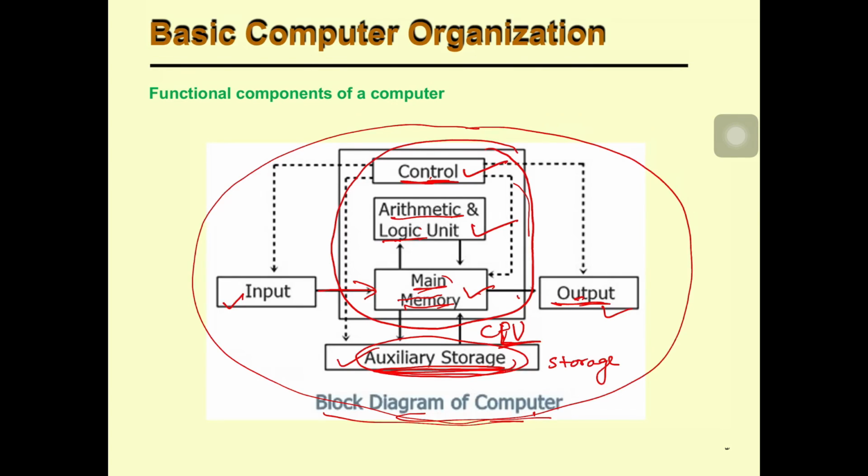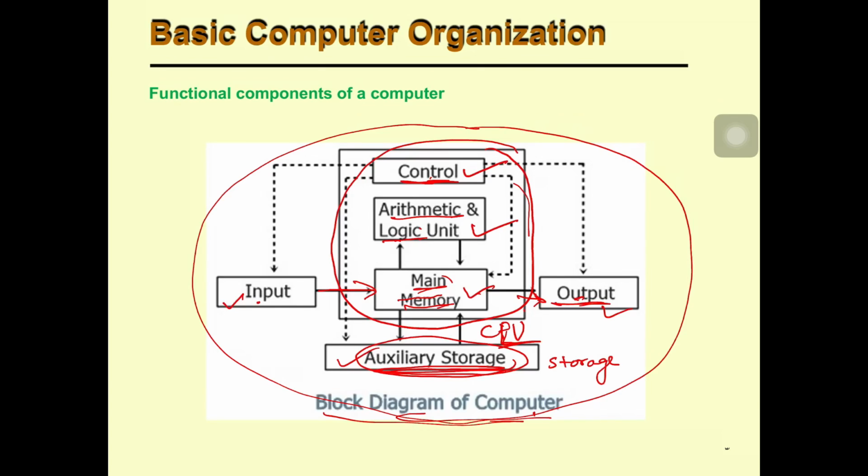This is the functionality of the computer, or we can see that this is a block diagram of a computer, which consists of input unit, output unit, CPU, and secondary and storage unit. Okay, what is the meaning of unit? Unit is the collection of the same type of devices. Input unit is the collection of several input devices.